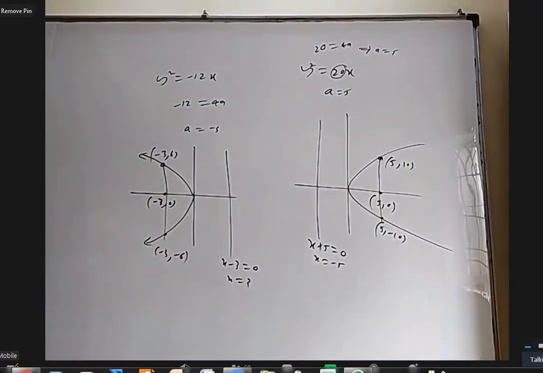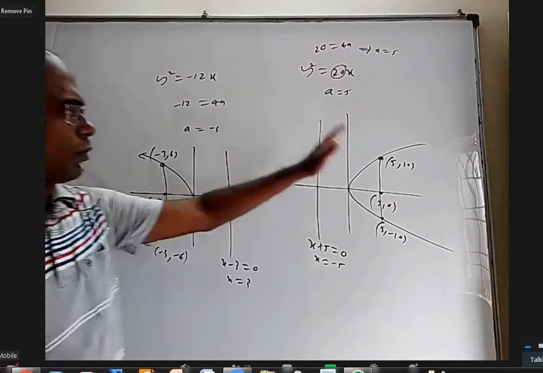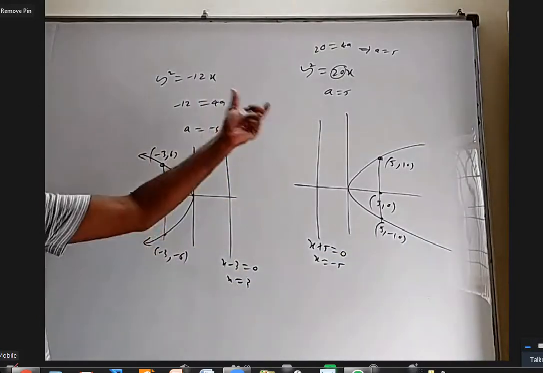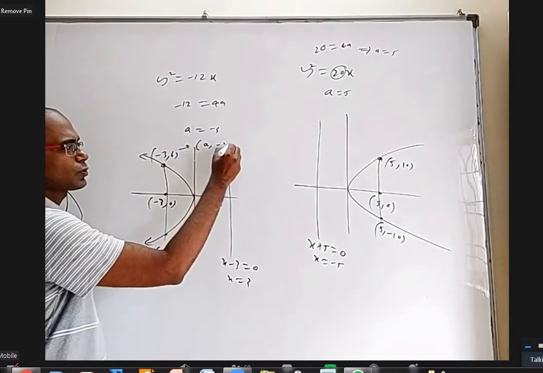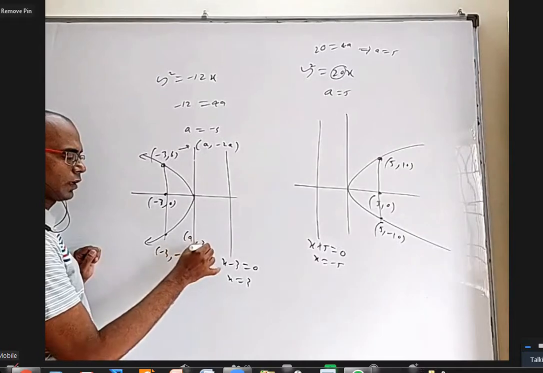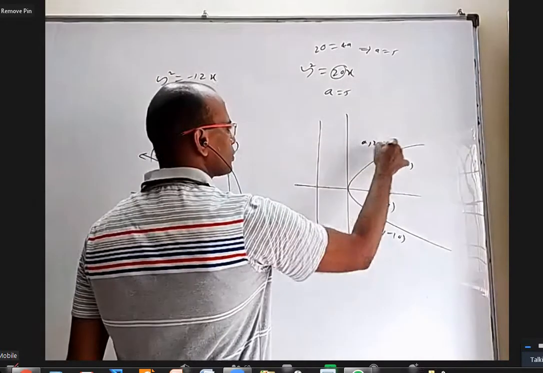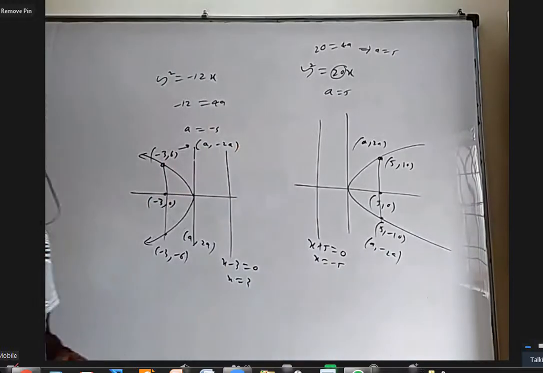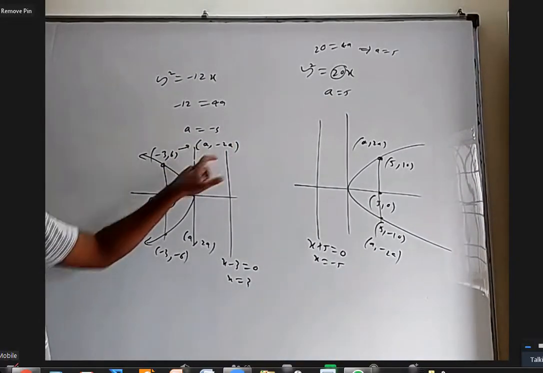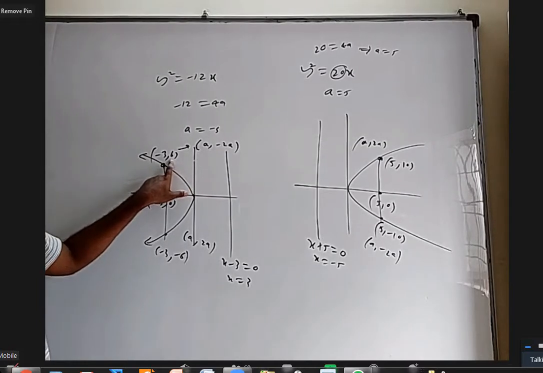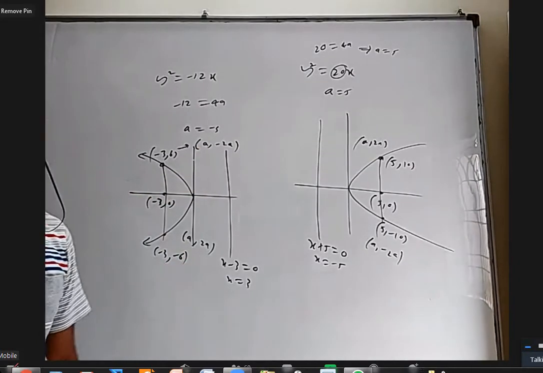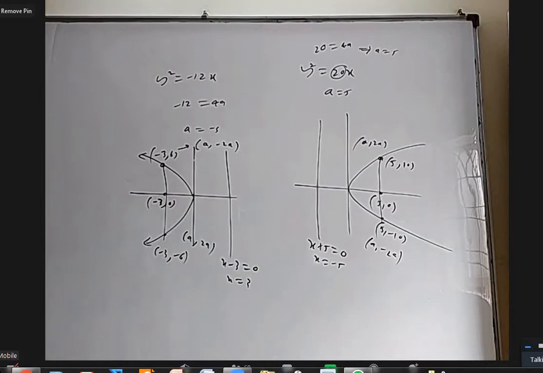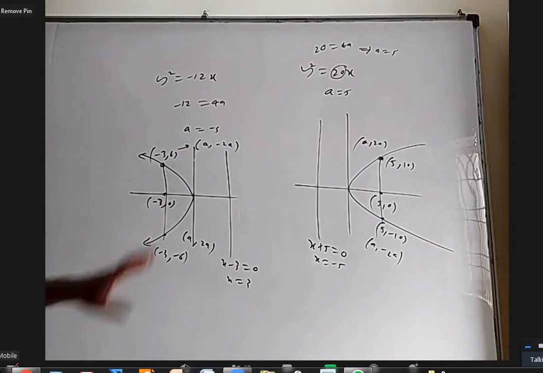So yesterday when I gave the figure, I said a positive parabola will be like this and a negative parabola like this. We took a particular number. If you notice, yesterday I wrote a comma minus 2a purposely, and here a comma 2a. But here I wrote a comma 2a and here a comma minus 2a. When a is minus 3, if I write plus 2a here, it will be wrong because 2a will be negative, but we want a positive y coordinate. That's the upper point is a comma minus 2a and the lower point is a comma 2a. Is it okay? Yes, sir. Sachin, this is what you asked yesterday? Yes, sir. Now understood.